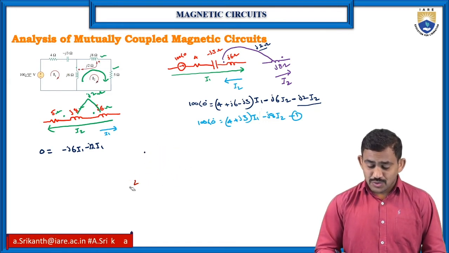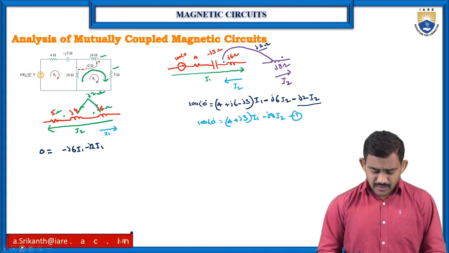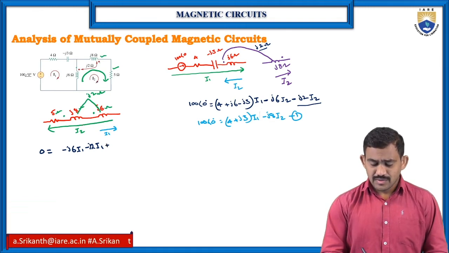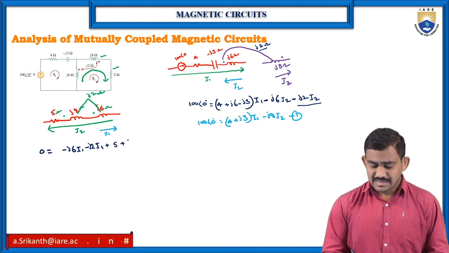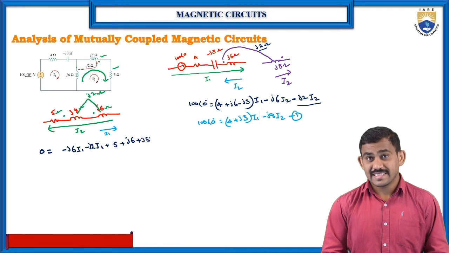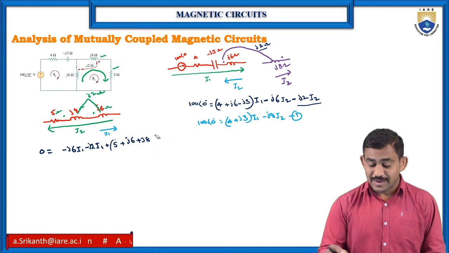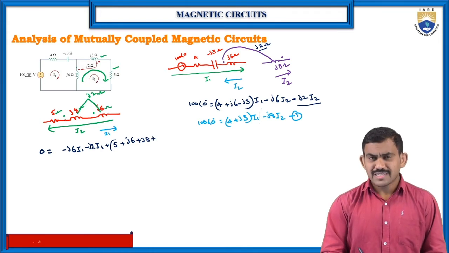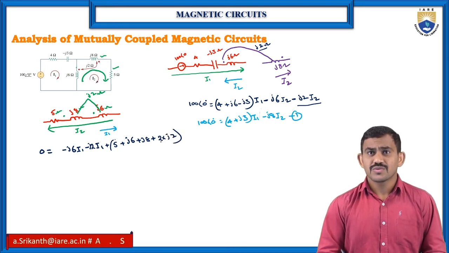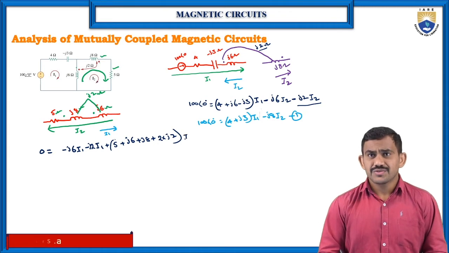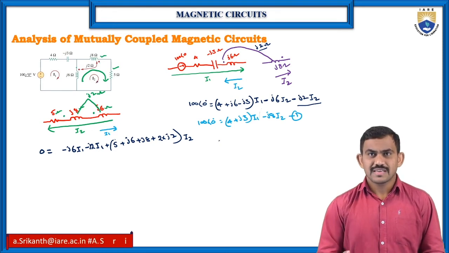I am writing the loop 2 equation. Loop 2 current means I2 current. Now the value for I2 is plus, as both are the same. So we have 5 plus J6 plus J8 into I2. Now we have the mutual value also, that is 2M. Both at the same place means plus, so 2M means 2 into J2, into your I2 value, equal to the voltage source, and the I1 value and I2 value. Clear?